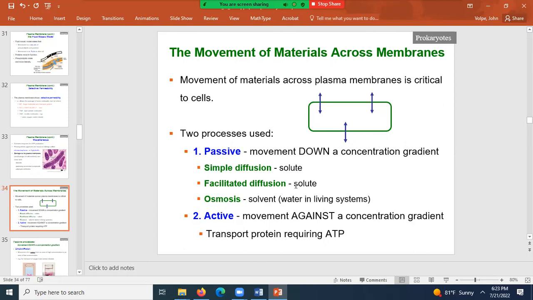Osmosis is the third way a molecule can move by passive movement into the cell. Osmosis is the movement of water into the cell from areas of high concentration to areas of low concentration. But it's not quite simple diffusion because it's a solvent that is moving, not a solute. And then the water is moving across a membrane. So osmosis specifically requires a membrane,